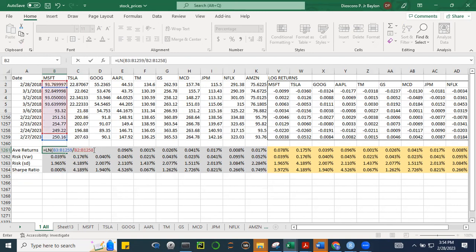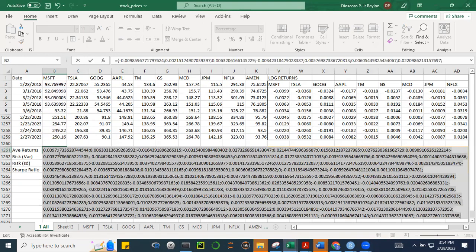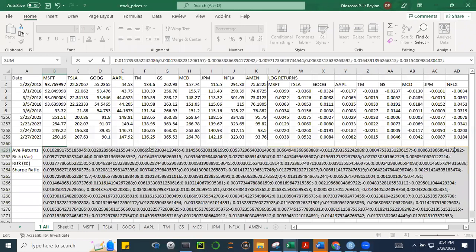So we said that this will generate, if I highlight this and then press F9, ibibigay niya sa atin yung mga values ng yan, yung ln ng price at time t divided by time t minus 1. Okay, so these are the values. Hindi ko lang makita yung, no? 0.00971. Ibig sabihin nito, hindi ito yung una, no? The first one is